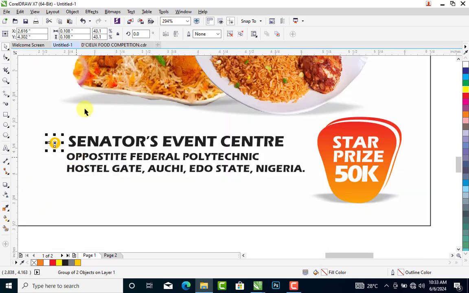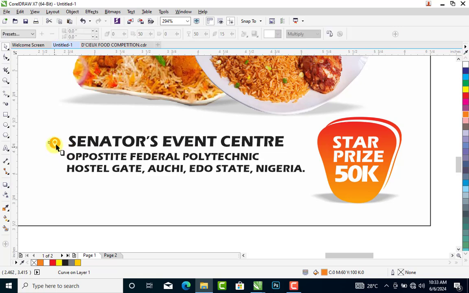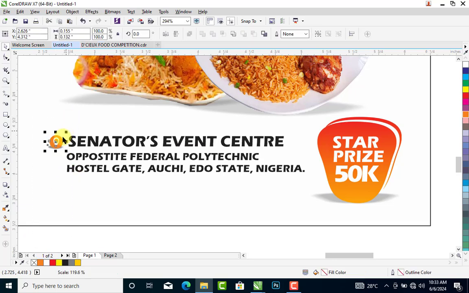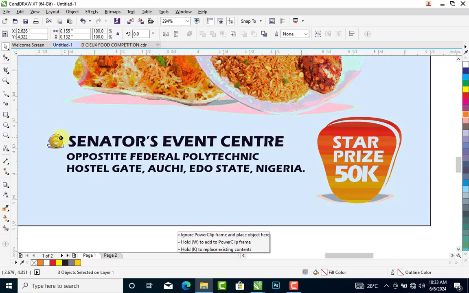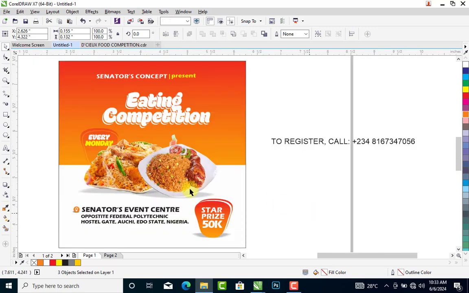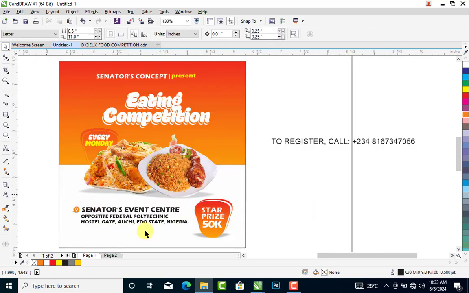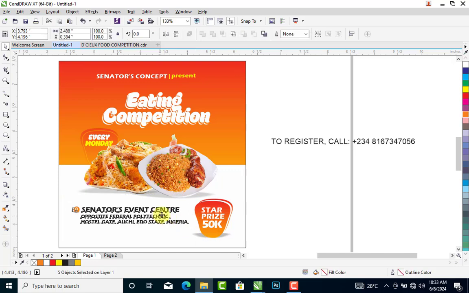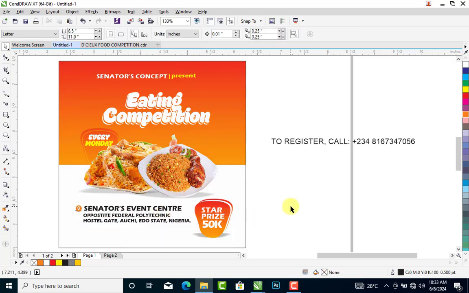Okay, let's change this color of the location icon. Well, you can create a location icon yourself. Let's give it a shadow. All right. Okay. To register,